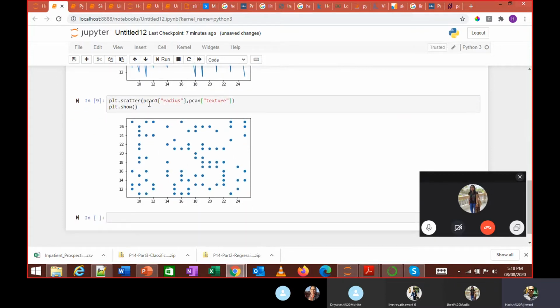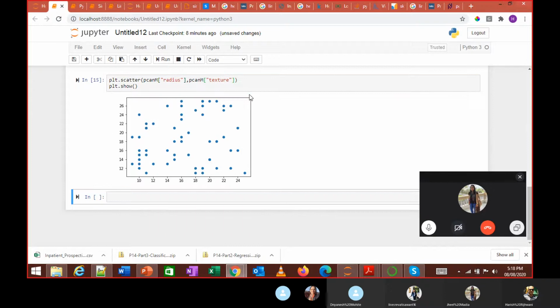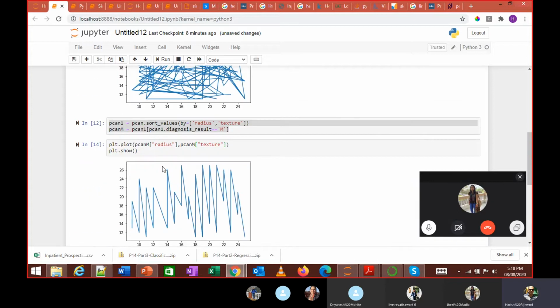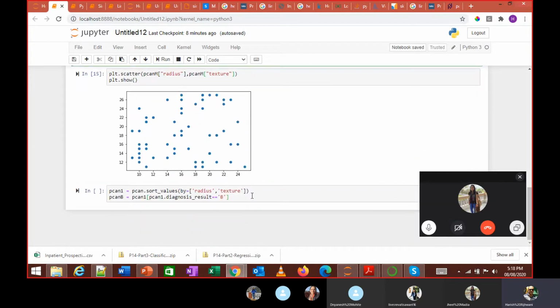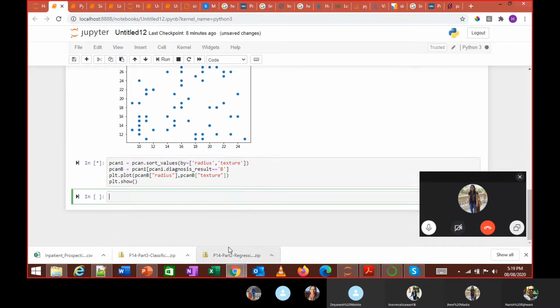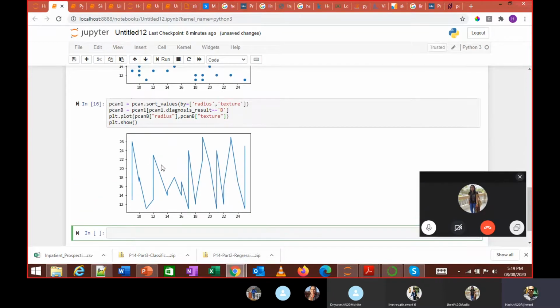Okay, so let's try to plot it only for the other one also. Benign also we can do the same. And let's try and plot it for that. You see the difference?